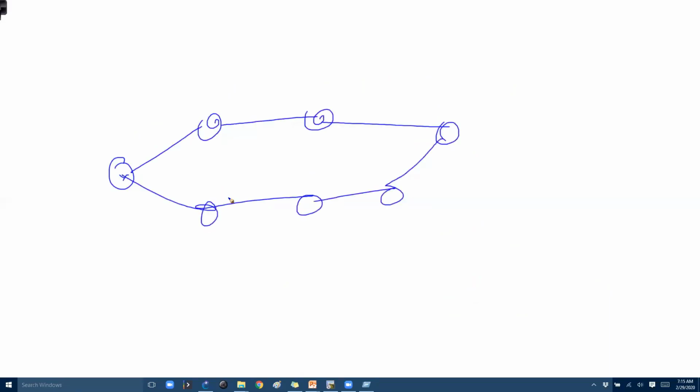So this is my topology. Now to reach this 50 dot network, let's say there are multiple routes, and let's say the bandwidth on this link is 1 Mbps, here it is 2 Mbps, and here it is 5 Mbps. So now from router 1 to reach this 50 dot network, which bandwidth is it going to consider: 1, 2 or 5, or the sum of all?